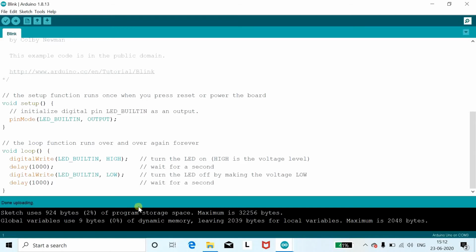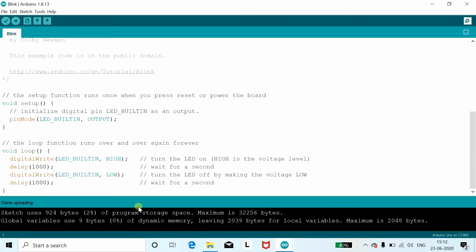I will show you the output on the Arduino board. So just have a look at our Arduino board. Wait 1 second. We will see our output on the Arduino board. Ready? So now we can see that this is the Arduino board which is connected to our PC. This is a port which is connected to the Arduino board, and this is a port which is connected to our PC. Code is uploaded. You can see that the built-in LED is burning.